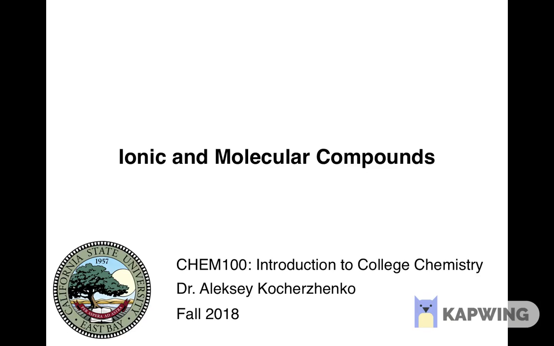Chemical compounds can be classified into two main types, based on how the atoms in these compounds are bound together. Compounds where atoms of metals are bound to atoms of nonmetals or halogens are ionic. In such compounds, the atoms of metals give up, in chemistry we say donate, one or more of their electrons